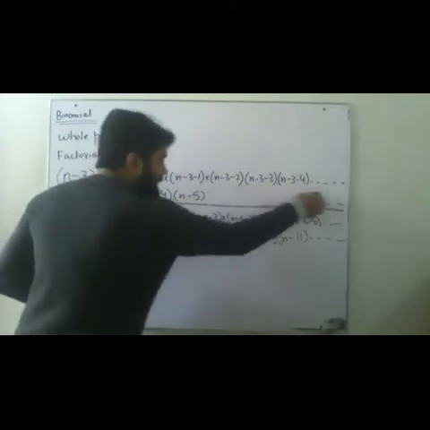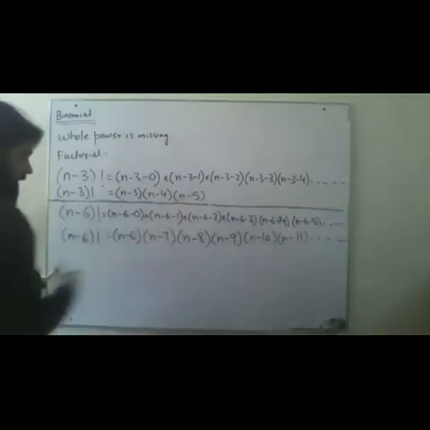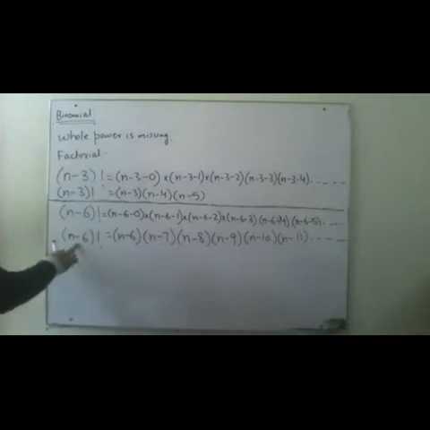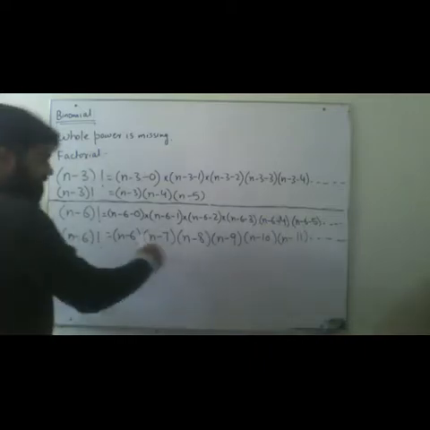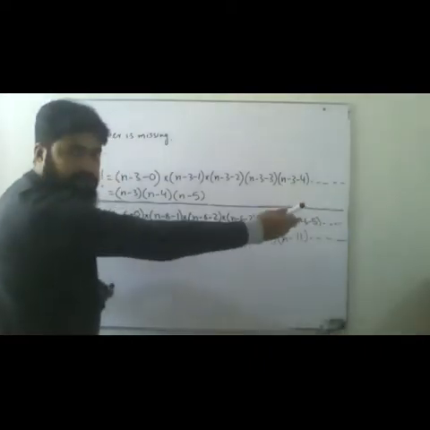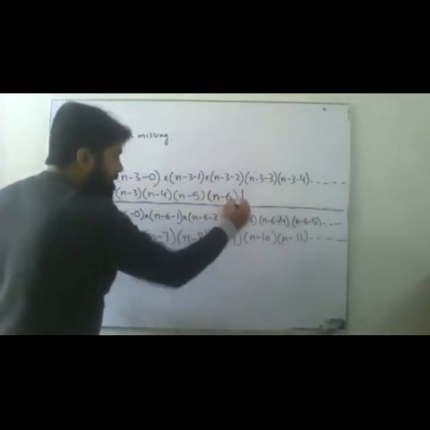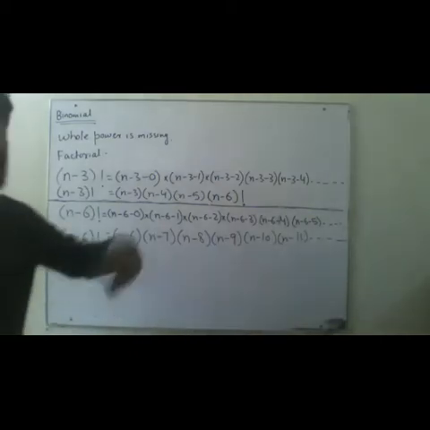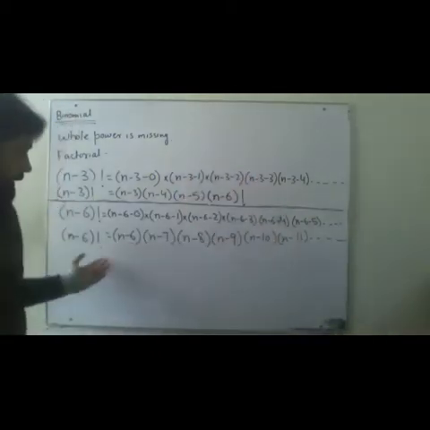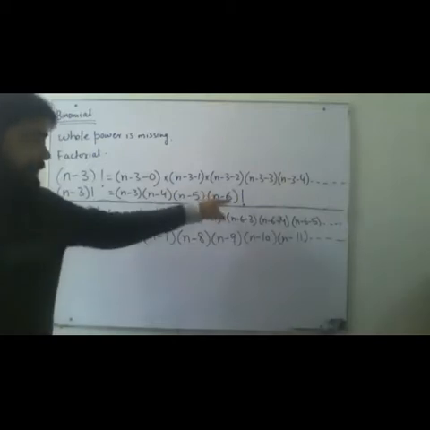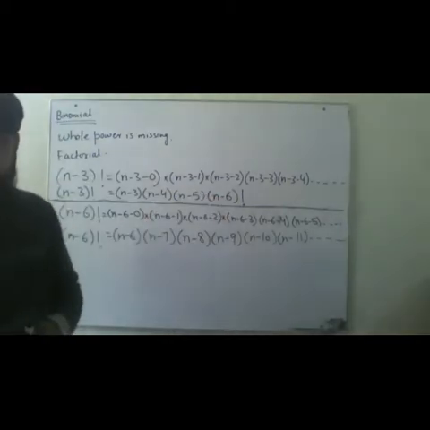So, instead of writing over here this thing, can I write it like this? I have written these three. After that, I know that this is going to be there. So after that, I'm not going to the last term. So can I write it like this? n minus 6 factorial. Instead of going for the next ones, I have written this and I have done it over here like this. Okay. I'm going to give you one more example so you can have a clear idea.